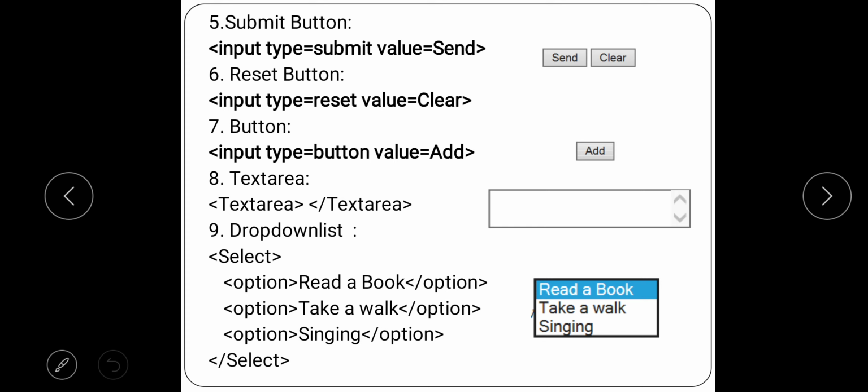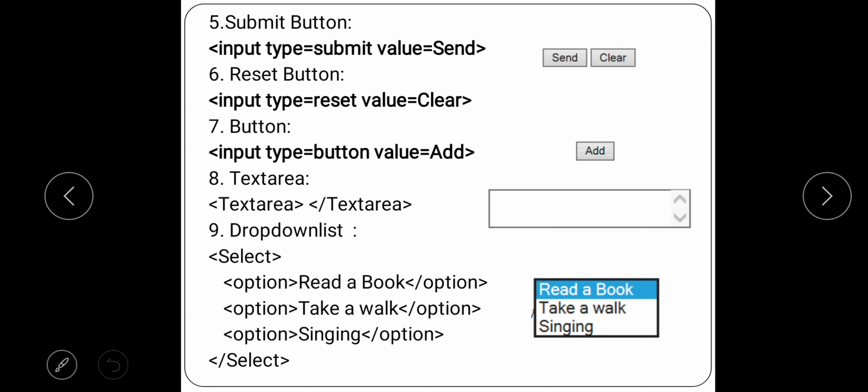Then next, the submit button. So what is the work of the submit button? We have seen. So what is the code for the submit button? Input space type equal to submit. And now very important, if I don't use the value attribute, then the name of my button will be Submit Query. But I want the name to be Send. So if I want to change the name of the button to Send, I have to use the attribute value equal to send. Clear? Similarly, second, input type equal to reset.